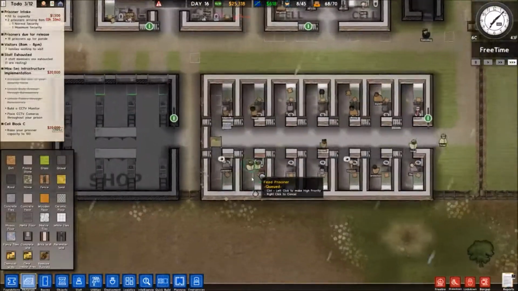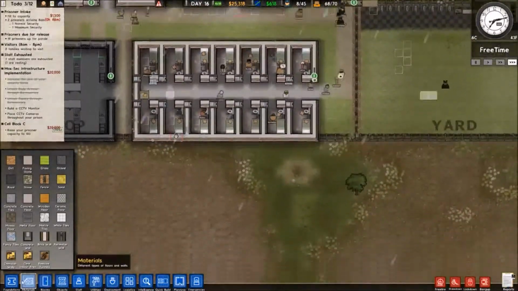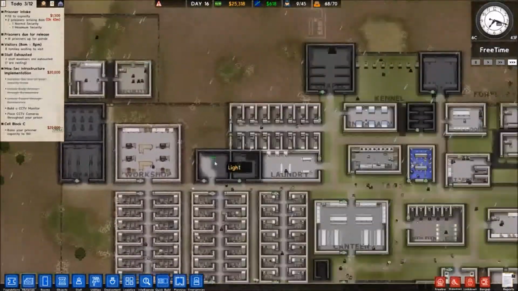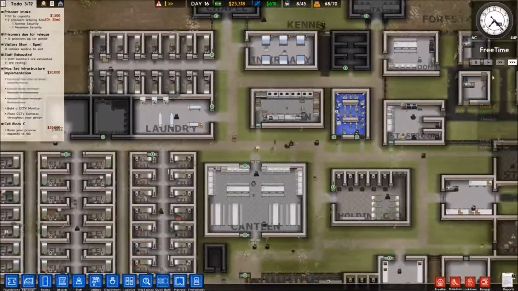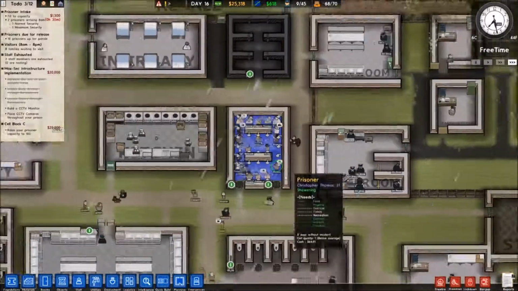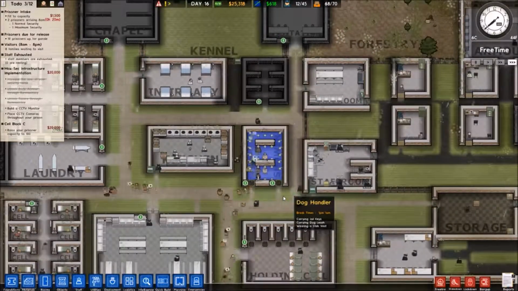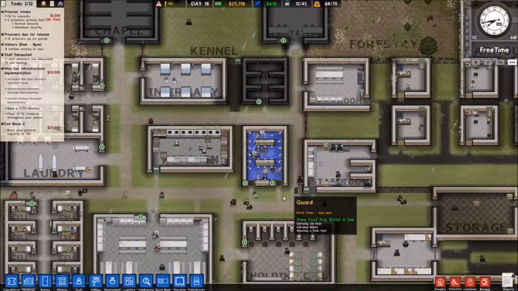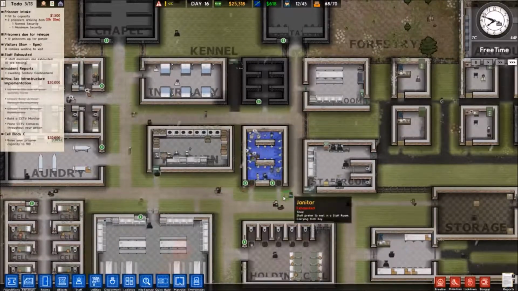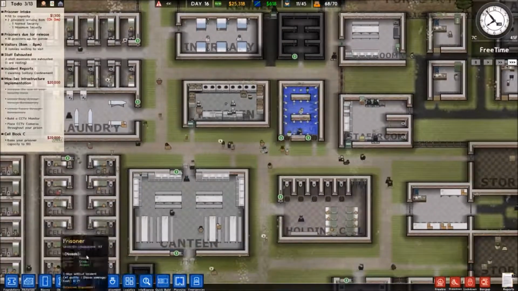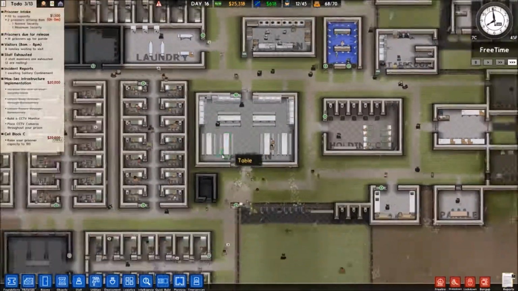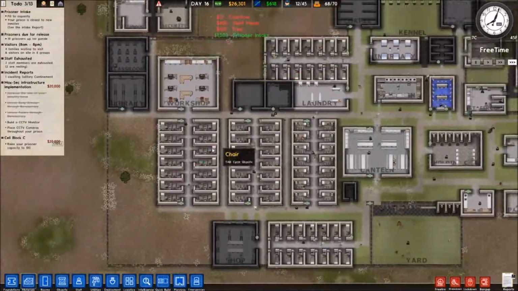We're also working on fixing up that tunnel. And we're also working on making money. Right now, it's free time. Everyone is running off to the shower room, which we recently expanded. We should just get a new shower room on the other side of the prison. That's something that we should do. Oh, we just found a screwdriver on somebody. That's what they get for trying to break out.